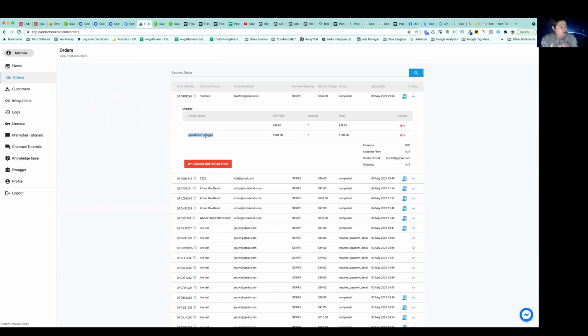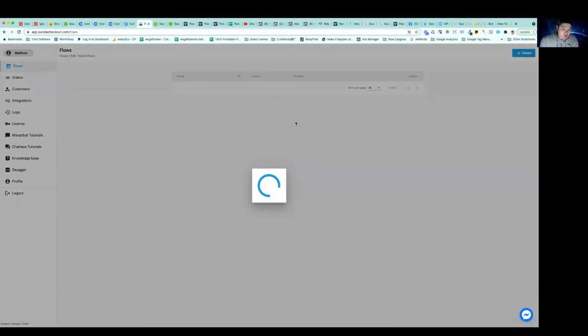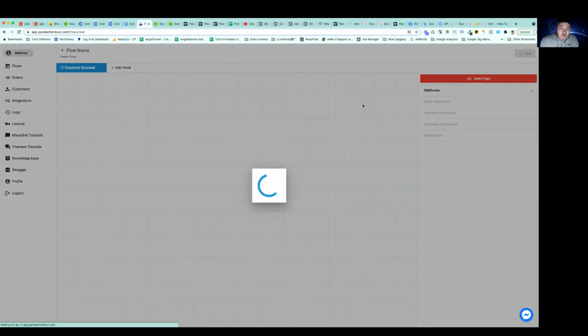If you want to upsell in the chatbot, you can also do that. In these flows, we have a lot of